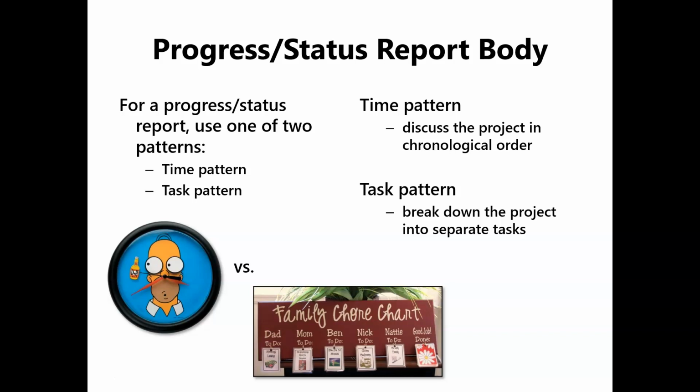It doesn't matter necessarily when they happened, it's that they happened at all. You can discuss these tasks in any logical order you want to. If you want to discuss them chronologically, that's fine. But if you want to talk about, for example, Dave over here on the project is doing this, while Marcia is doing this other thing, and you want to talk about them separately, you would have to go back and forth, back and forth if you're talking about it chronologically. That wouldn't make any sense, it would be confusing. So break it apart however you like in a task pattern.